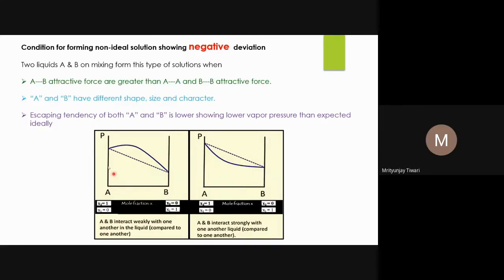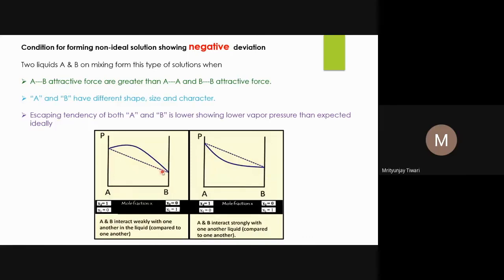Suppose, what we know in the case of ethanol and water is that water has a higher boiling point than ethanol. So if we see exactly, the shape of the graph will be the same. This is water and this is ethanol. This is at A, A is pure water and B is pure ethanol. And according to Raoult's law, we should obtain a straight line, meaning with increasing ethanol concentration, vapor pressure should decrease continuously.